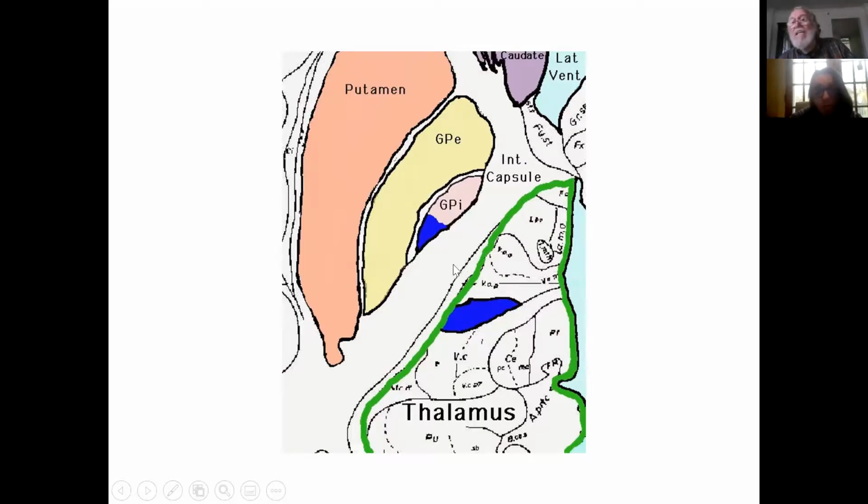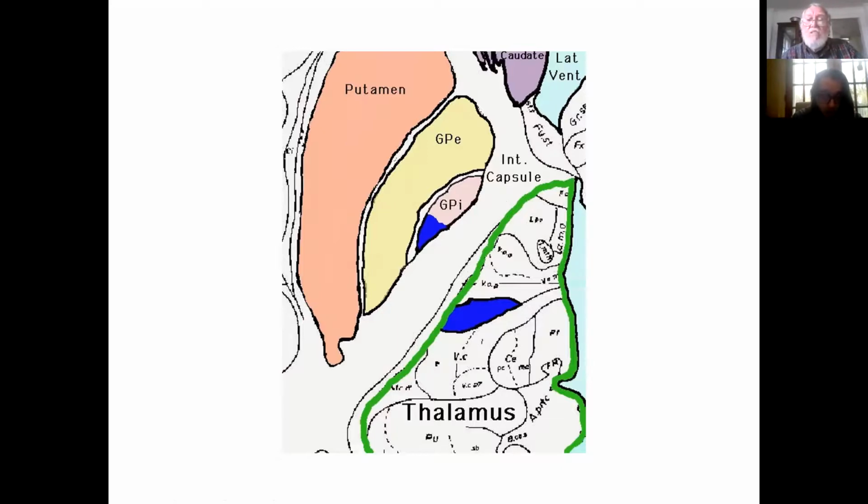We're looking at the anterior limb of the internal capsule. So what are these fibers that are coursing through the anterior limb of the internal capsule at this point? These are corticospinal fibers. So it's sort of like a big boulevard where you're exiting the cortex, whereas the posterior limb would be having somatosensory